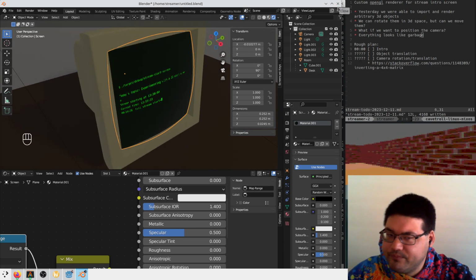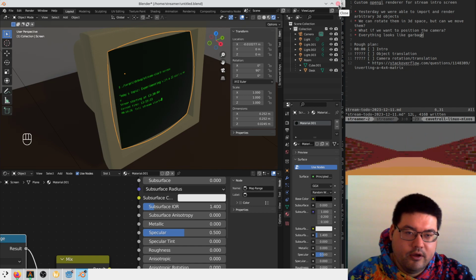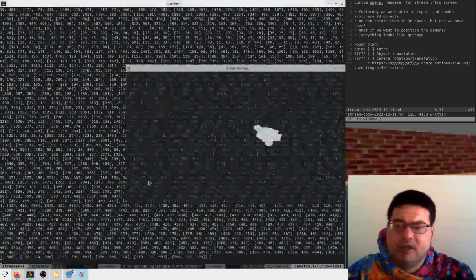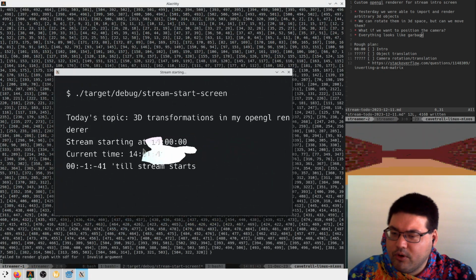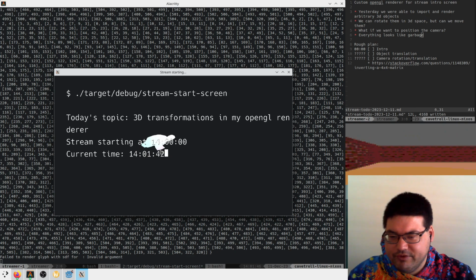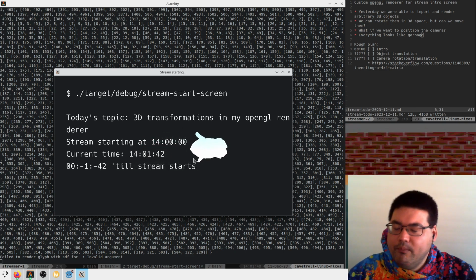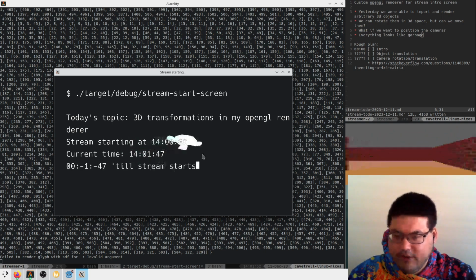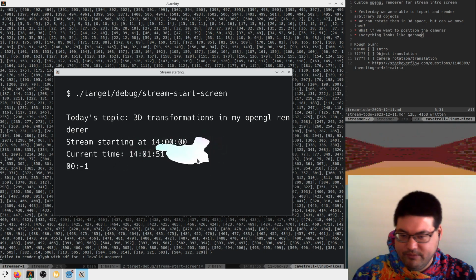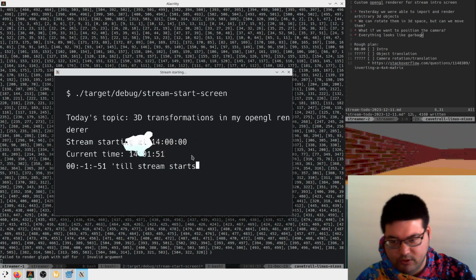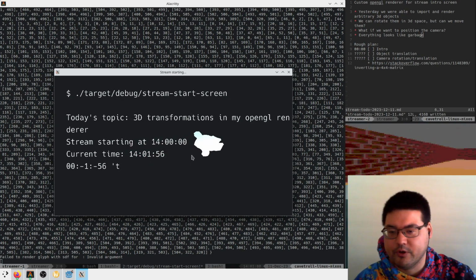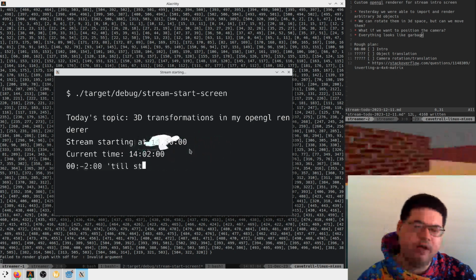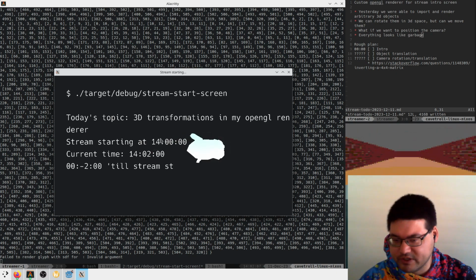And where we're at right now is, last stream we implemented rotation and import of arbitrary 3D objects. So we have this monkey head that's imported from Blender, and we've got all of his faces drawn in the right way, and you can see him spinning in a circle around some arbitrary point, which is pretty cool. We don't have any concept of translation right now. We don't have any concept of camera movement, so the camera's in a fixed position and this guy is